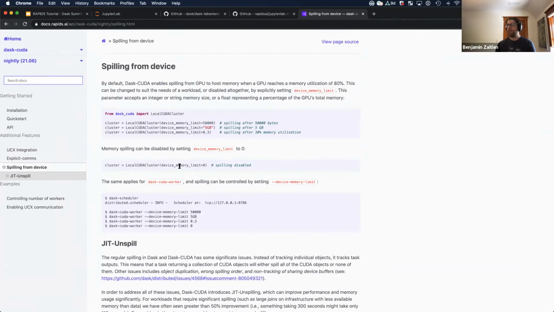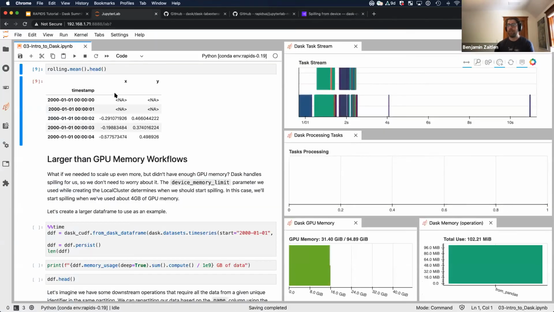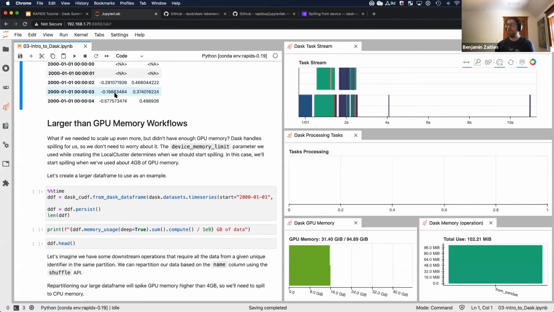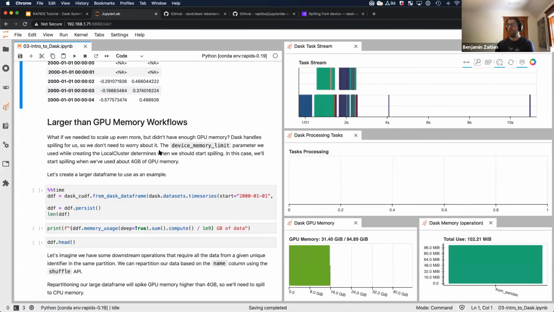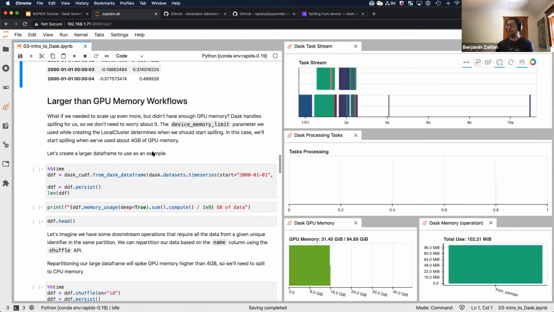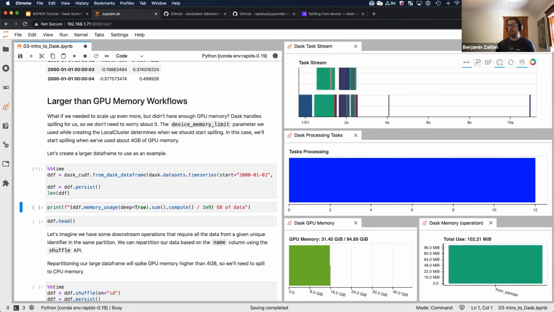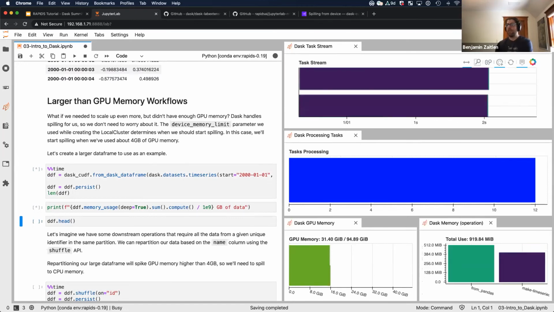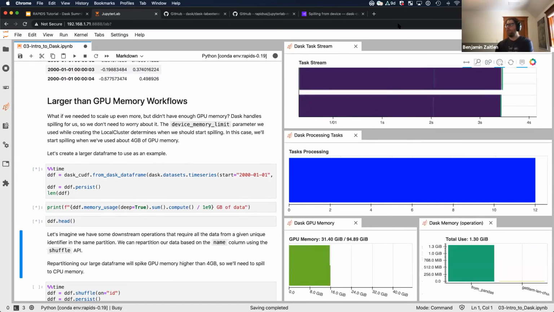Earlier, I believe yesterday, Mads, an engineer that works on the RAPIDS Dask team, gave a talk on advanced memory spilling, so you should check out that talk if you're interested. Again, because we set that device memory limit, we'll start spilling when we go over 4 gigabytes. So what we expect to see, this is going to take a little bit of time, but what we expect to see is,